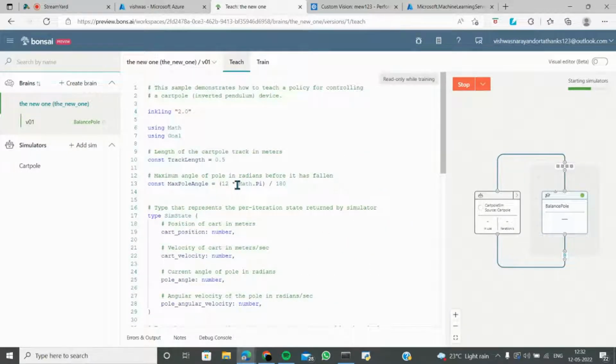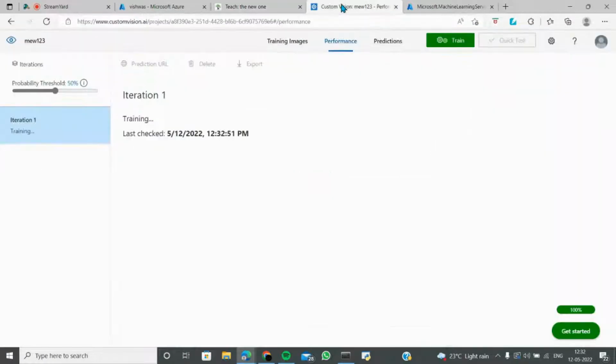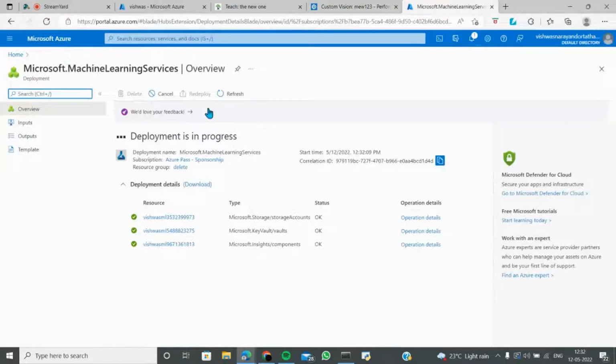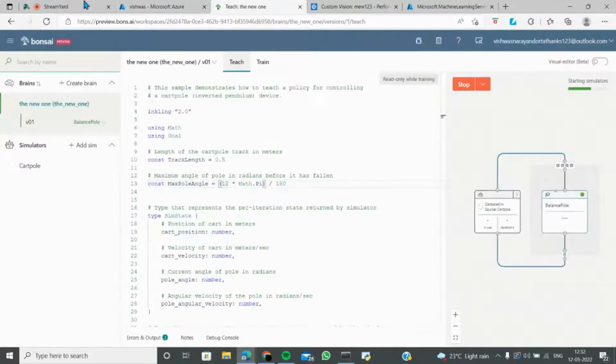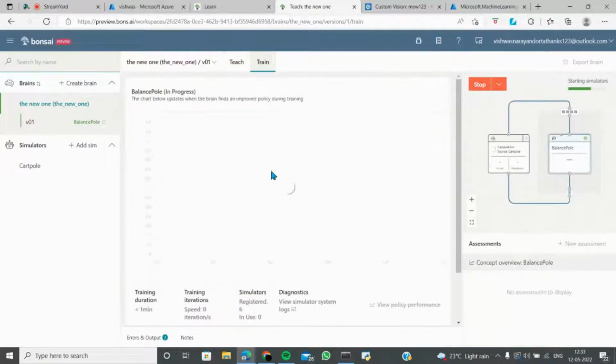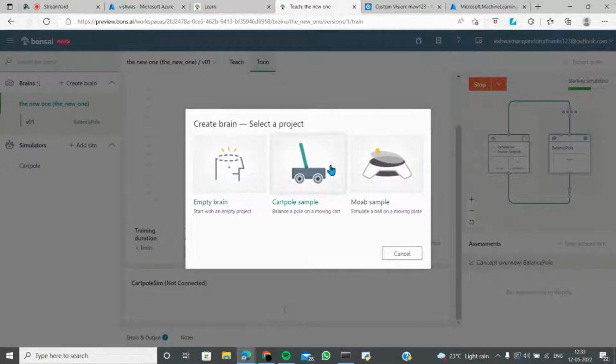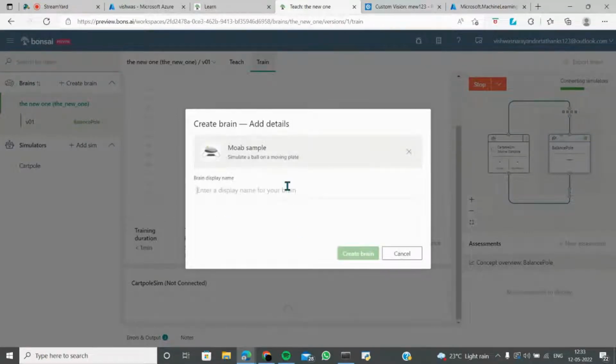Let's say I do 13 or something. The training has already started, so let's wait for the training. Of course, machine learning, if you think about it, is a tedious process. It's never that easy, starting simulators and everything. Training has already come up, so we can create a lot of brains. If you want, you can also create a mob.